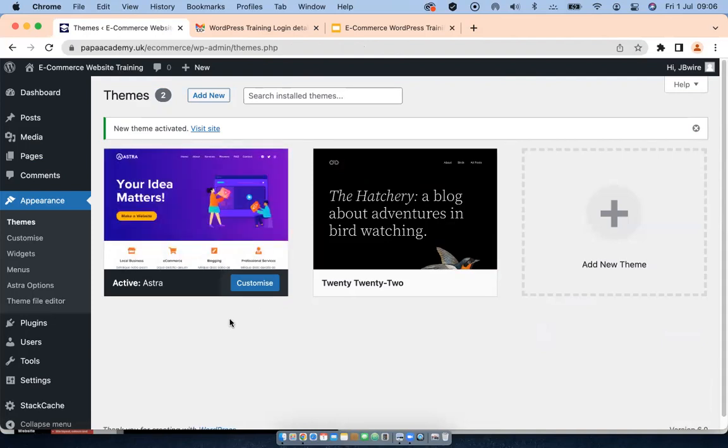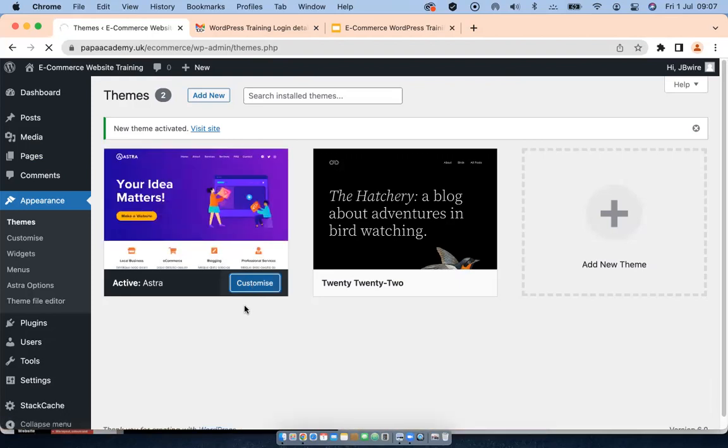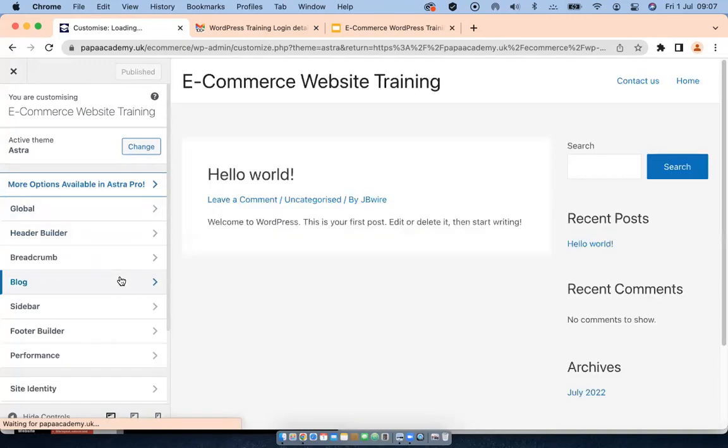And of course, after installing it, you want to customize it. You want it to look a bit unique, to look like it's your website. So what we're going to do is customize a little bit of it. If you click on customization, it takes you to this window